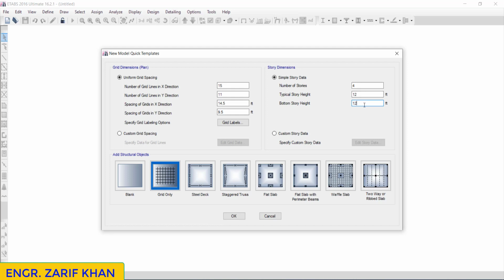Bottom story means how much this building will be embedded in the earth, like we can say from the initial to the bottom of the foundation. So let's assume that we will go approximately 5 feet from the natural soil level. Let me put 5 feet. Typical story height is 11 feet,